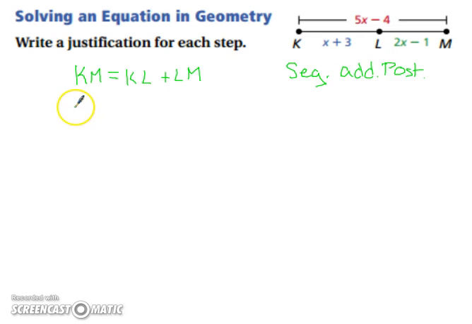Alright, well now we need to replace each of these with an actual set of values here. So KM is 5x minus 4. KL is x plus 3. And LM is 2x minus 1. So our reason for this would be the